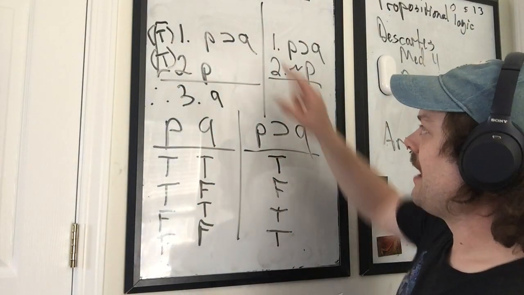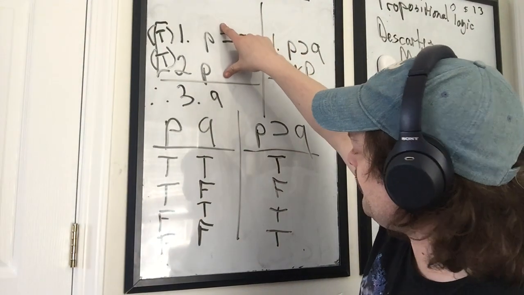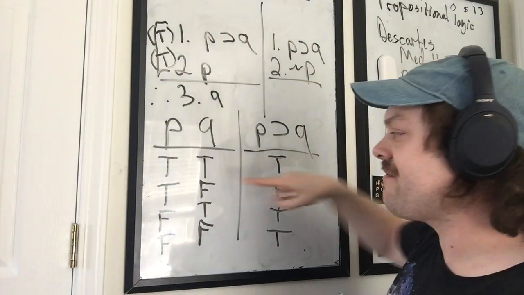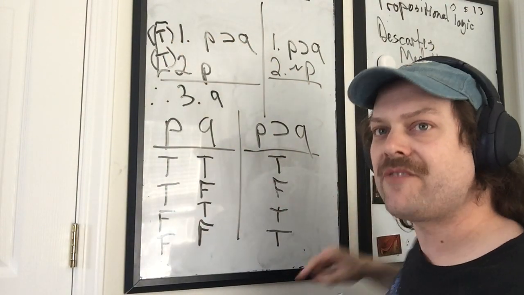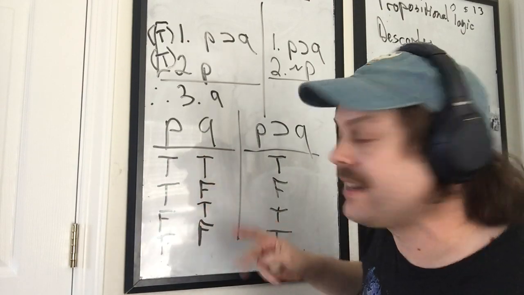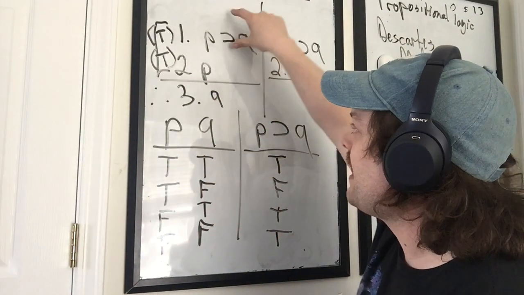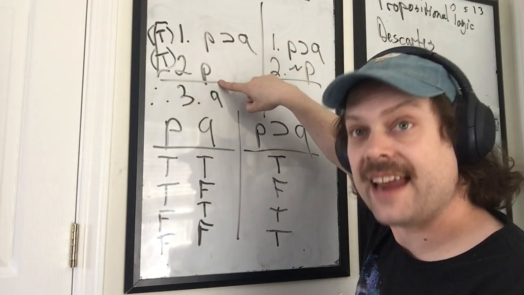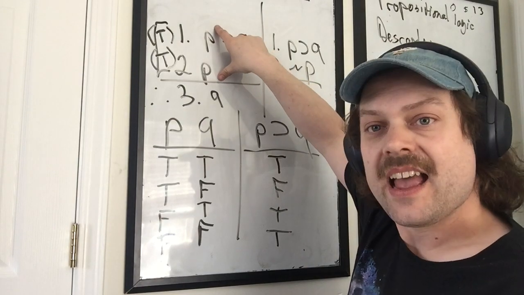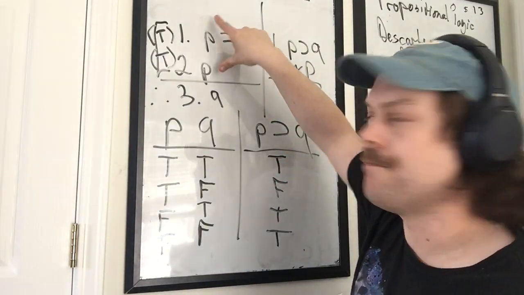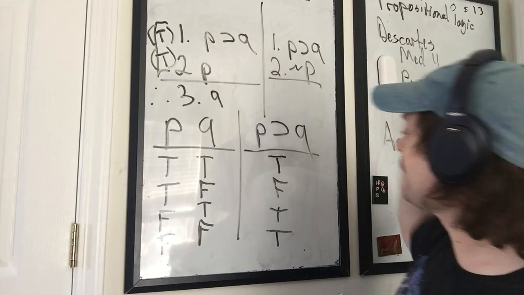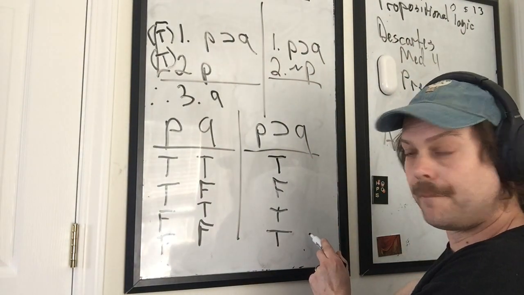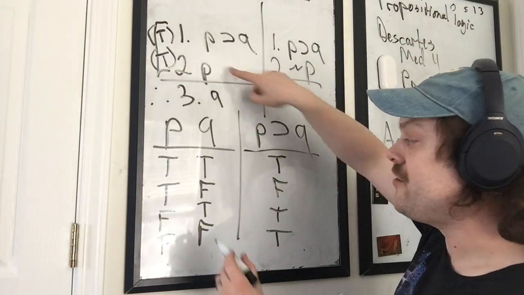All right, so how does this work? Well, let's look at our truth table and let's see what happens. Think of these lines of the truth table as different models of what the world could be like. So what happens in a world where we have a true conditional and the antecedent is true? What happens if we try to model on our truth table both of these premises being true? All right, well, true conditional happens here, here, and here. True conditional and true antecedent